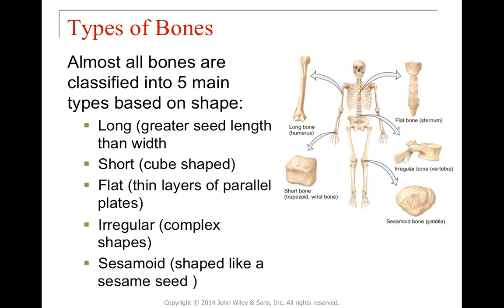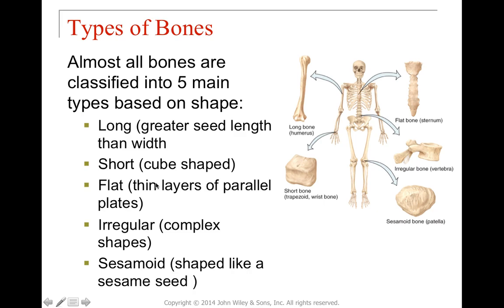All right, so these are the different types of bones that we can classify into 5 major types. We classify them based on shape. So the long bones basically mean that they have a greater length than they do a width. Short bones are generally going to be cuboidal shaped, and flat bones are thin bones that are usually going to